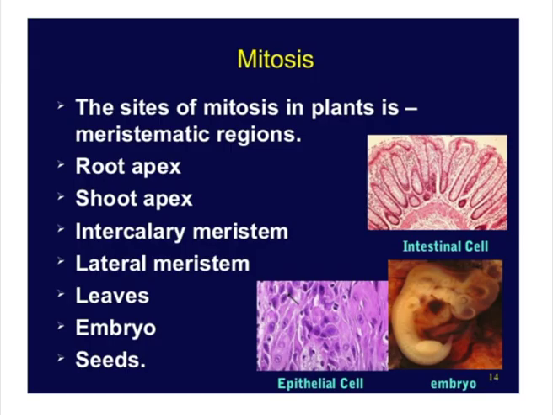In the meristematic tissue, you can observe the root apex, shoot apex, intercalary meristems, lateral meristems, leaves, embryos and seeds. These are the basic divisions of the plants. In the root apex, the epiderm and periblem are present. In the root apex, the calyptrogen is there, and in the calyptrogen the divisions are more; that division is called